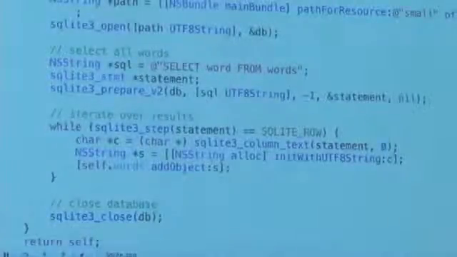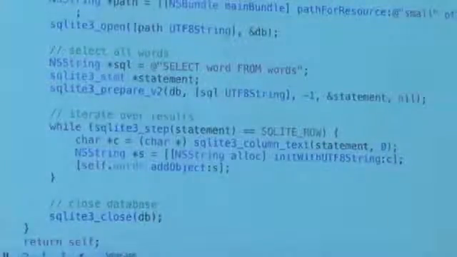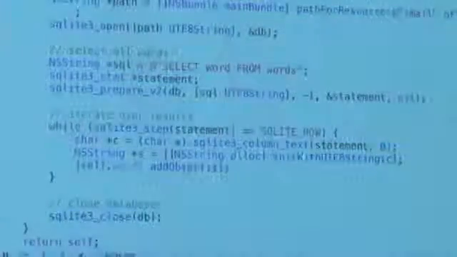SQLite3 step, passing in that statement, equals SQLite row. So in this case, SQLite row is some sentinel value. That means here you got back a row. I can then go ahead and get column number 0 from this statement and store the result in a char